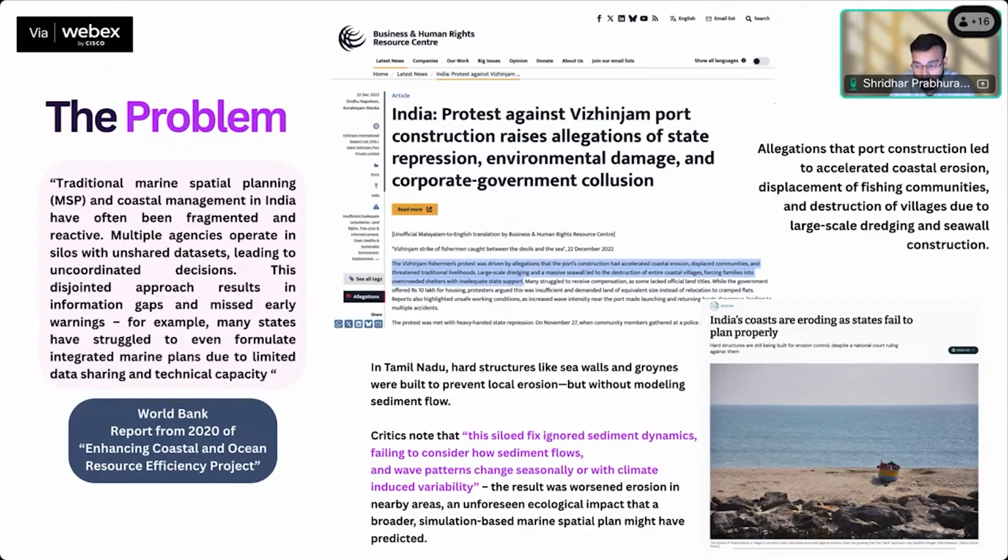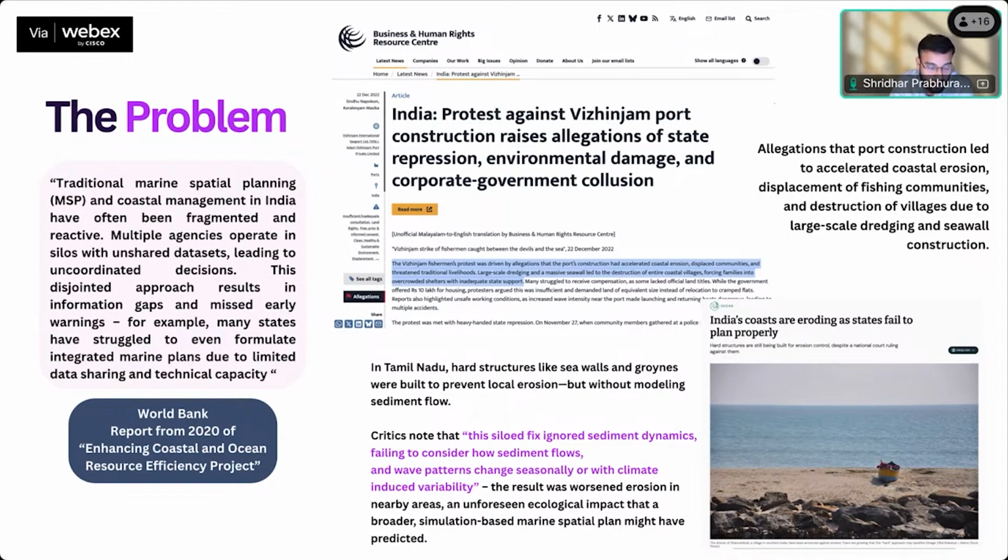And a similar one, but with a slightly different objective, due to erosions happening in the coastlines. I think this happened back in Tamil Nadu. They ended up placing some groynes and seawalls at the end of the seabed. That kind of solution completely ignored sediment dynamics, on how the sediment flows. What that did, it just shifted the problem downshore to a different region, and did not really fix the problem per se.